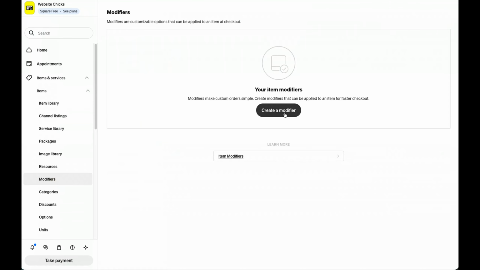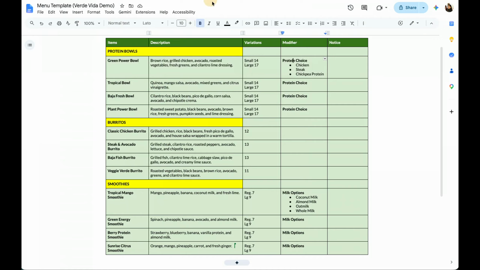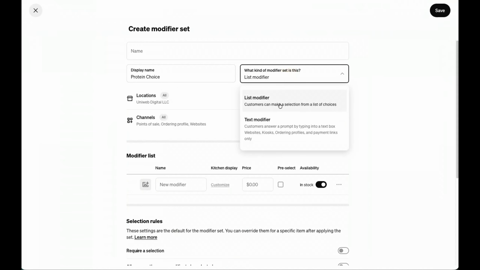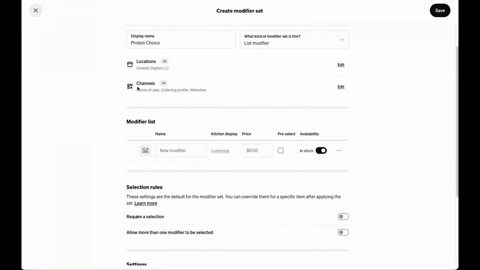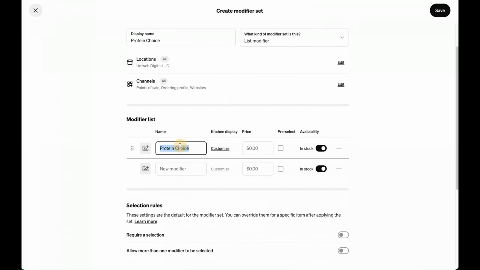Here, I'm going to click on create a modifier, and I'm going to create the first set, which is going to be the protein choice. And we have the option to select a list or a modifier, but this one allows us for the user to select a list of choices. That's the one we want. You can select different channels and locations, but we'll worry about that later. For now, we're just going to set the list. We're going to do the protein choice,